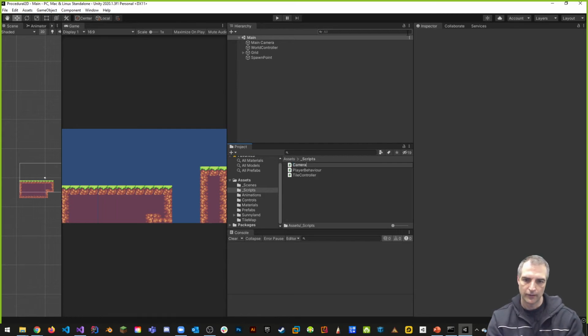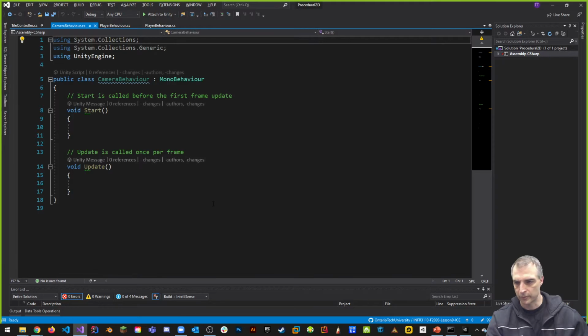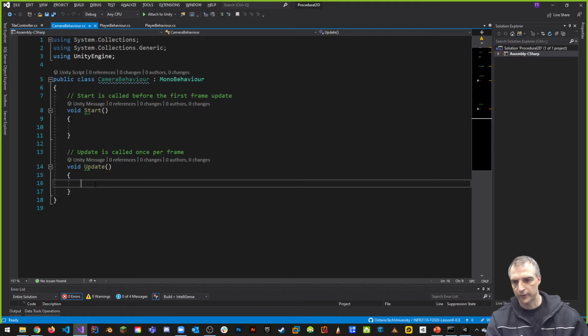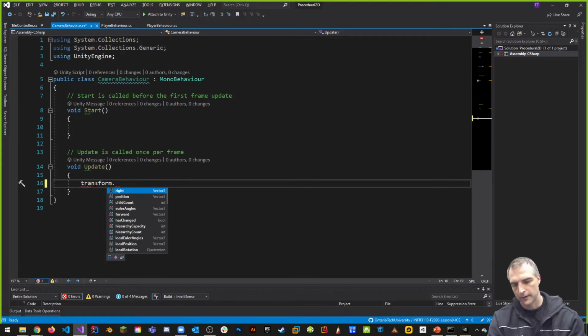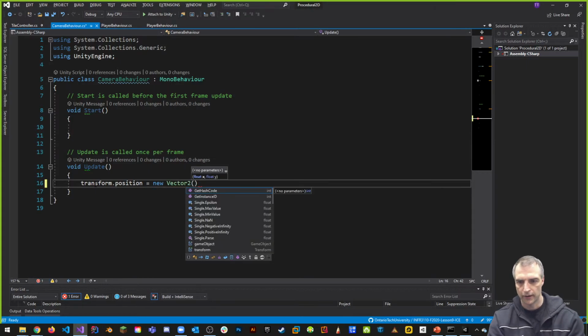Camera behavior. So the camera behavior script is going to be on the main camera. And the main camera is going to do the following. It's going to basically stay with the player's transform, but only on the X and Y axis. So every update, what it's going to do is the transform dot position is equal to a new Vector2 position on X and Y only, which is going to equate to the player's position. So I need a reference to the player,